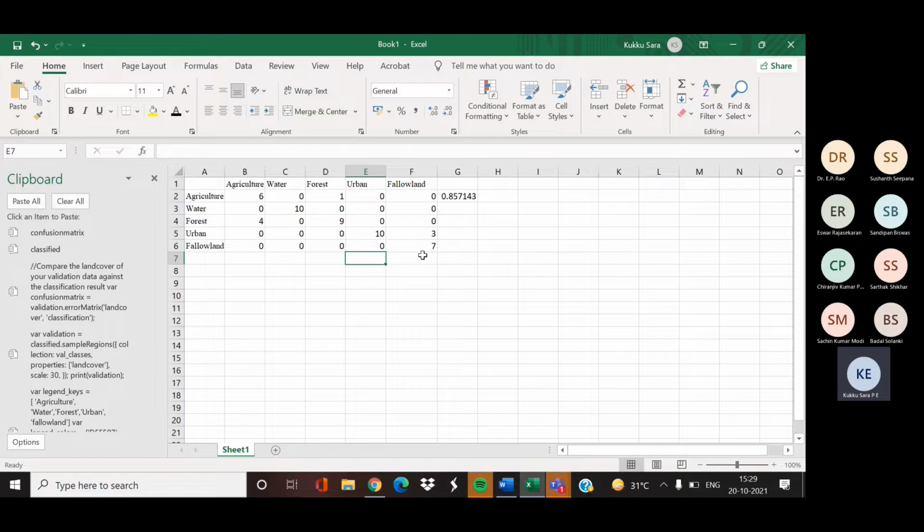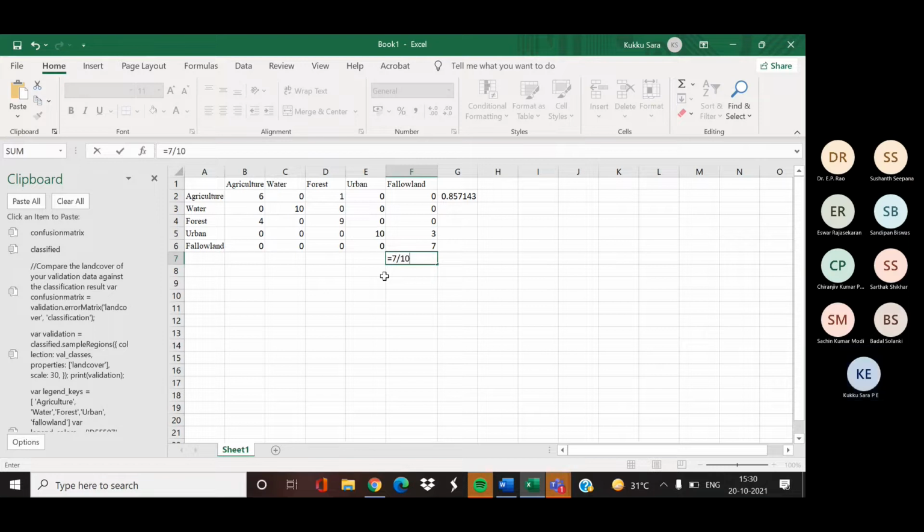For fallow land, 7 pixels are classified as fallow land, but 3 pixels which are actually fallow land are classified as urban. So correctly classified pixels 7 divided by the column total, which is 10. So the producer's accuracy for fallow land is 0.7.